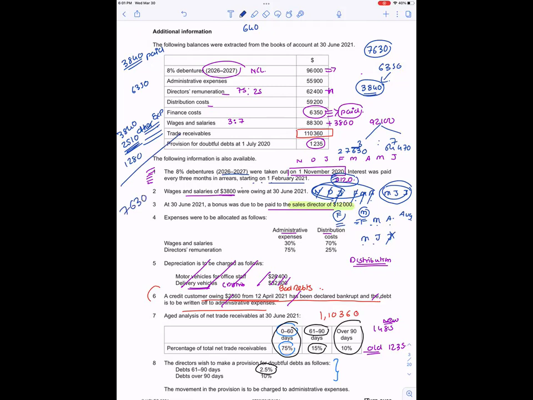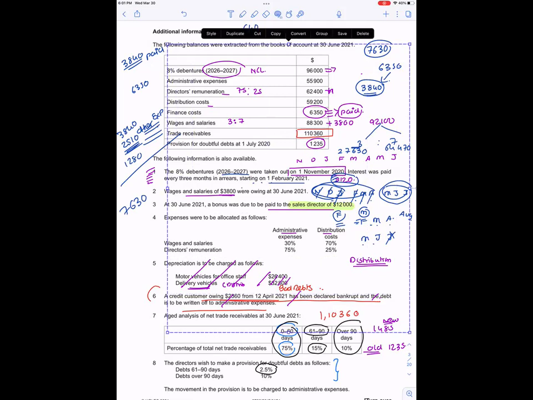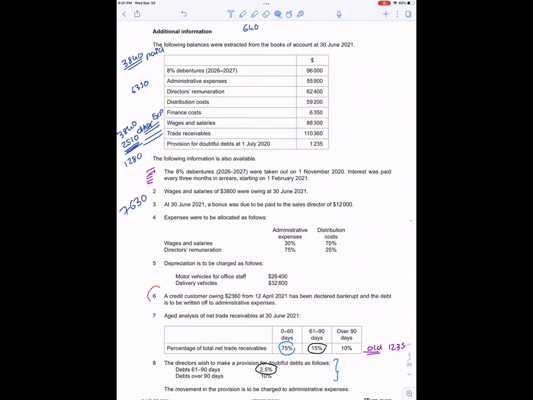Finance cost 7630. Miss, I didn't understand. Yeah, it just took a bit of time to understand. Okay, let's see over here. I'll erase all this and I'll explain you finance costs. I have paid 6350 finance cost during the year. How much have I paid? 6350 finance cost during the year I have paid.